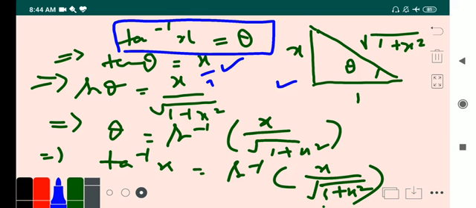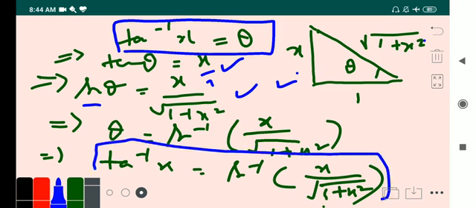So in this triangle we can say sin theta equal to perpendicular upon hypotenuse, so we have sin theta equal to x upon under root 1 plus x square. So here theta equal to sin inverse x upon under root 1 plus x square. Here theta we have assumed initially equal to tan inverse x, so at last we have tan inverse x equal to sin inverse x upon under root 1 plus x square. In the same way, many other results can be obtained using this concept. Let us see a few more.